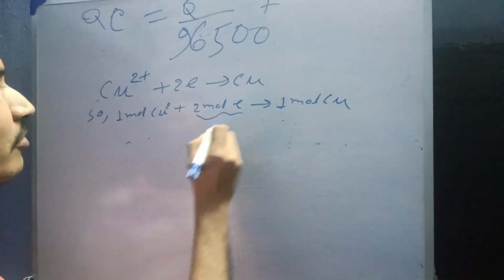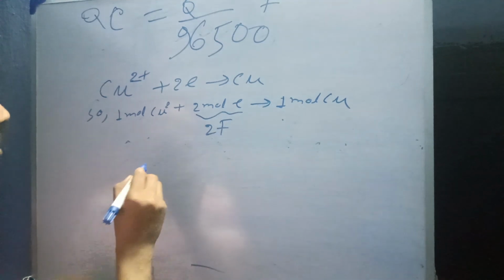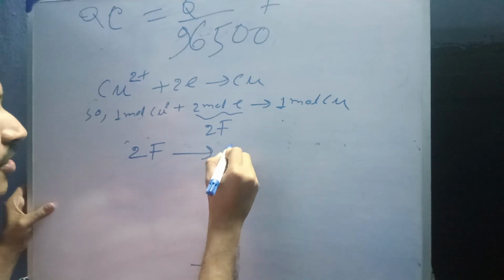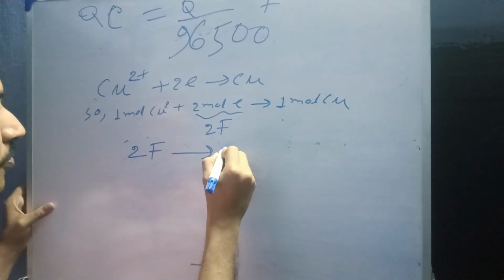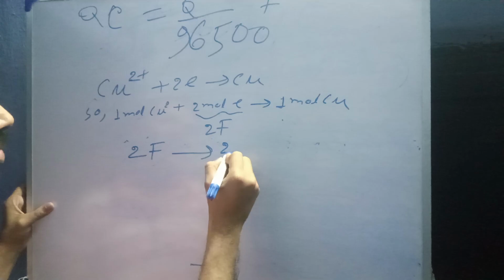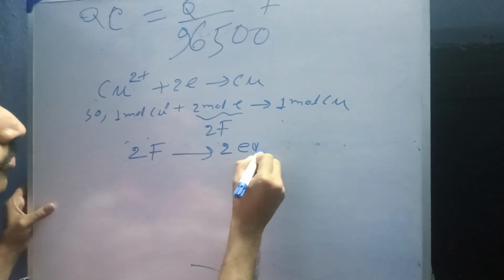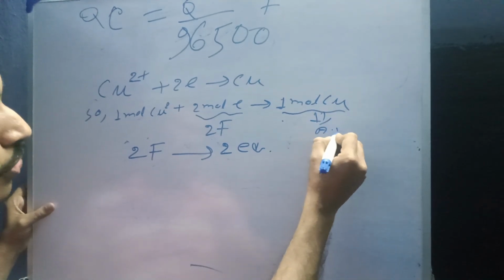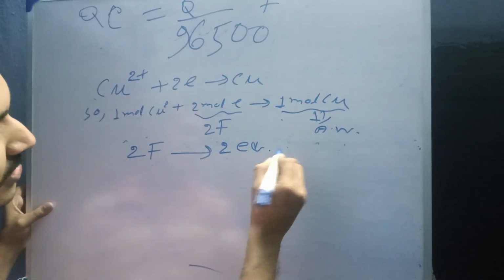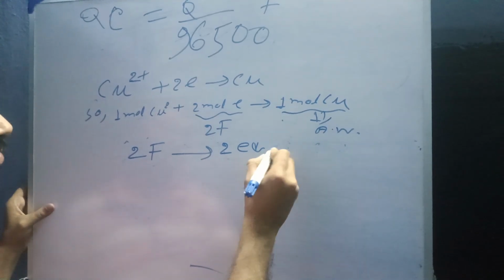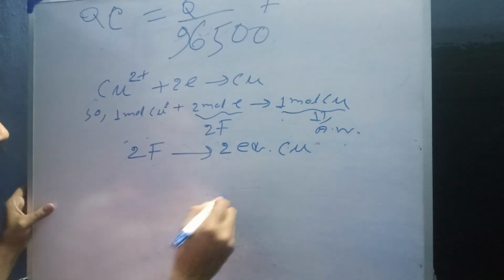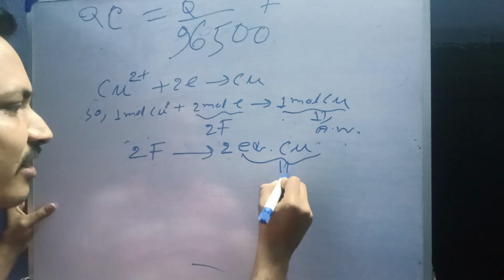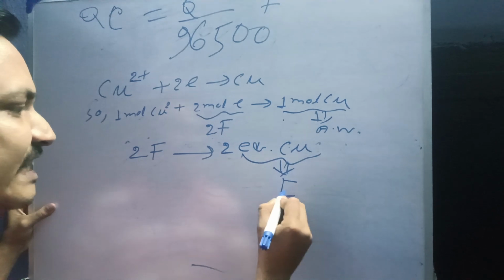So 2 mole electron means 2 Faraday. Now here, as 2 Faraday produces 2 equivalent copper or 1 mole copper, and 1 mole copper's weight is atomic weight. Also 2 equivalent of copper means atomic weight. If the equivalent weight of copper is represented as E gram,